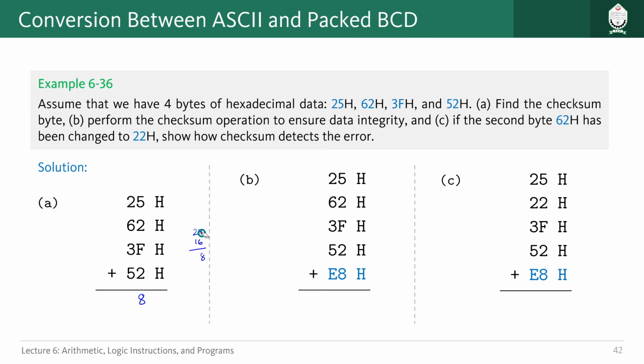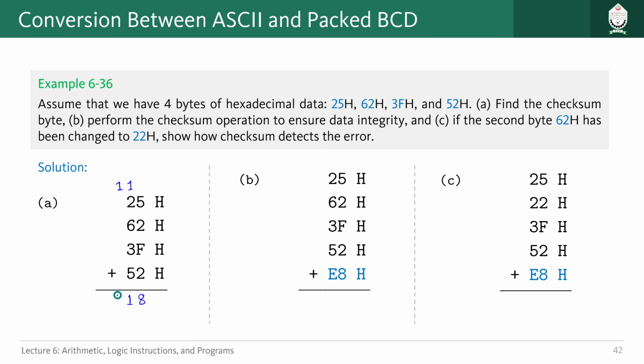8 should be there, and we can just remove this portion, right? So that carry should be coming here, and now what we have is 1 plus 2 plus 6 plus 3 plus 5, which is equal to 17. So this value is equal to 17. Again, we have to discard 16 from that. So 17 minus 16 is equal to 1 here, and the carry should be going to the next stage here,